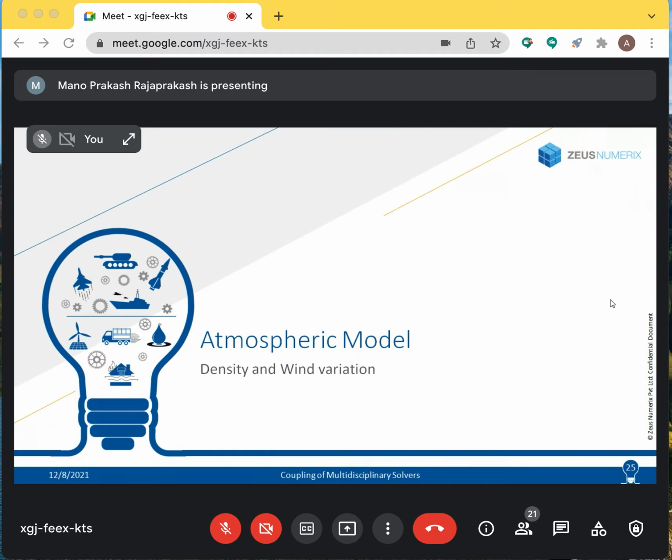So here we will look into two things. One is how the density variation is being catered to. Another one is, what if there is a surface wind variation, or if there is a constant wind? What if the wind varies as a function of altitude? What if its magnitude has a profile? Such scenarios occur very often in parachute payload simulation, or in actual drops. So considering this is very important.